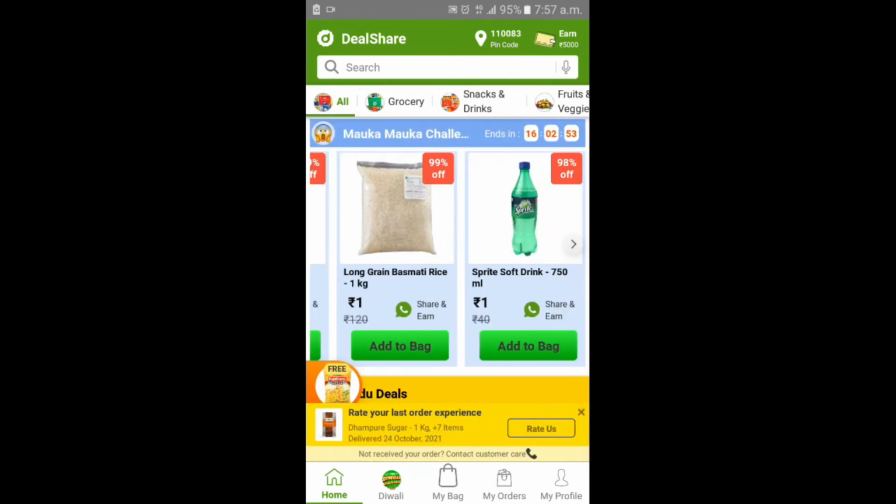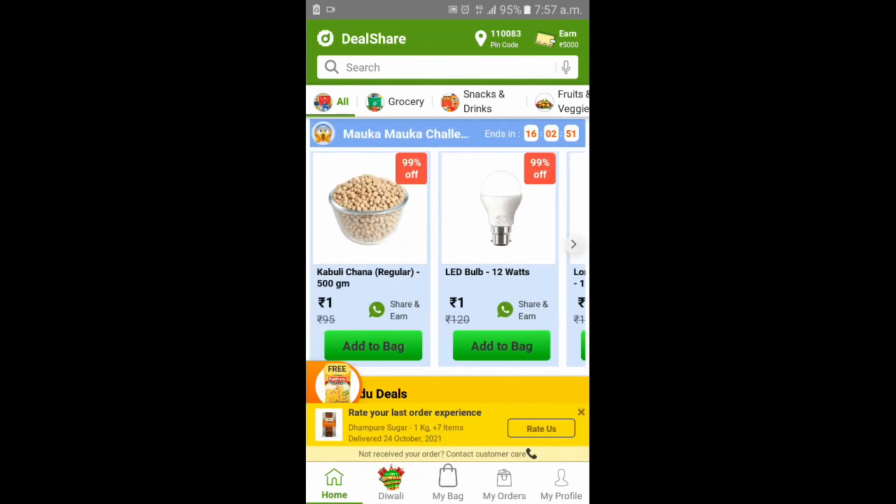DealShare gives you 1 rupee, 19 rupees, these types of deals, so that you can get 2 to 3 products at least cost, and you have to book an order of some amount, so that their transportation charges will be made up, so that no burden on yours, no burden on DealShare.